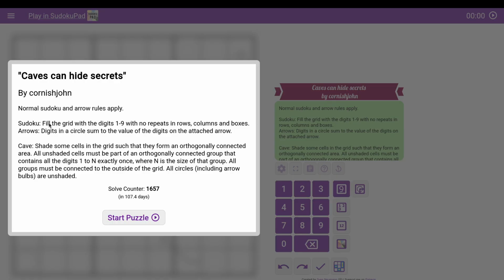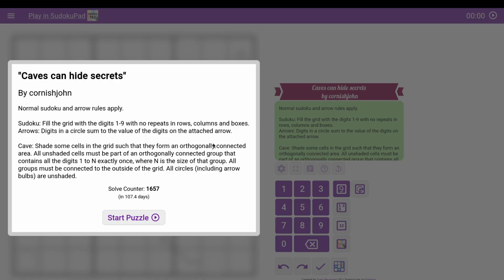So, a few more rules than usual. I tend to prefer the ones that have fewer rules, but this one isn't too complicated. We do have arrow Sudoku: digits in circles sum to the values of the digits attached to the arrow. And we have some cave rules. So shade some cells in the grid to make an orthogonally connected component. The unshaded cells are